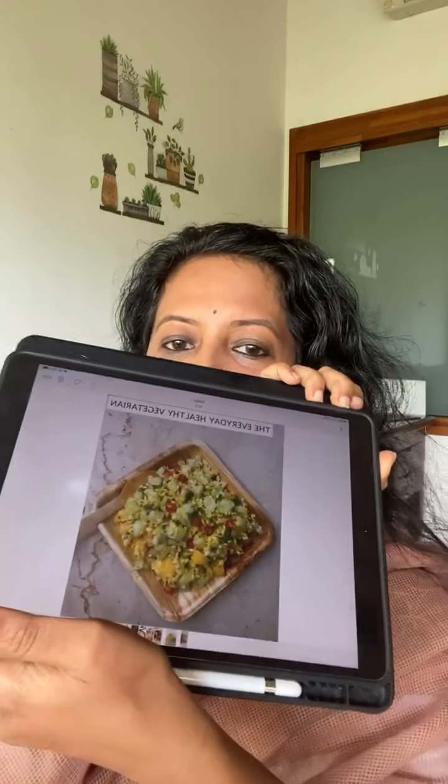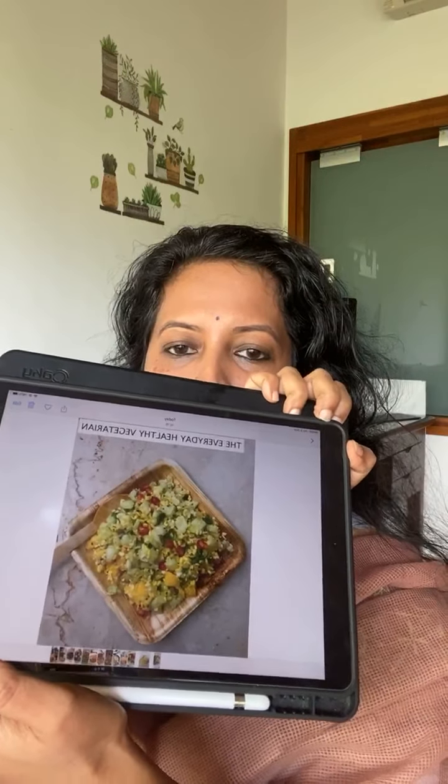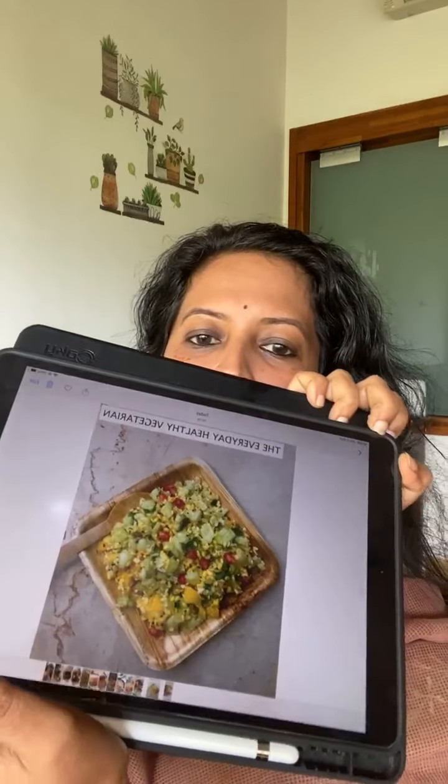So in this, you can also add carrots, you can add pomegranate. I made a version of this in my cookbook, The Everyday Healthy Vegetarian. I'll show you a picture of this one. And you can add a little bit of everything along with the moong dal. And this is called the bejeweled salad in my book. You can also add a bit of raw mango, cucumber, pomegranate, and I hope you can all see this. There's a bit of glare because of the window, but that's what it is. So that is the second Indian salad.